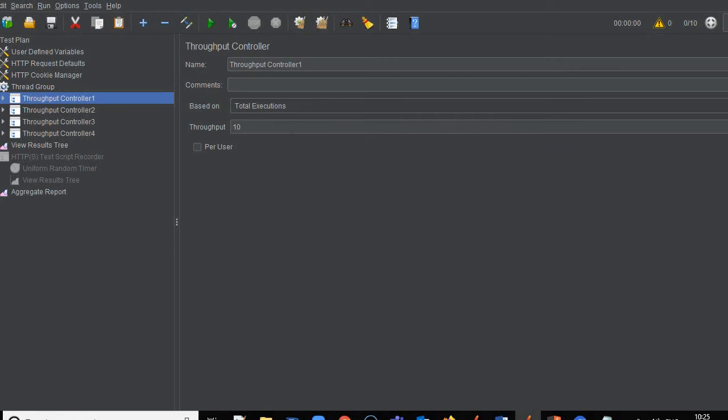Let me make some changes. Let's say I have mentioned 2 here and select this checkbox. So for 10 users, for each user 2 iterations will be executed, so a total of 20 iterations will be executed. In the same way, let me leave it at 2 only for per user.